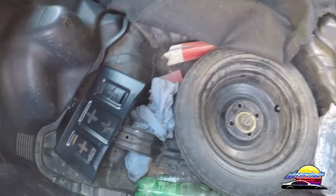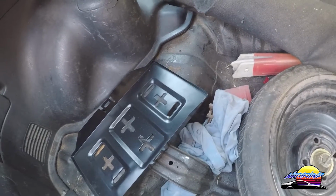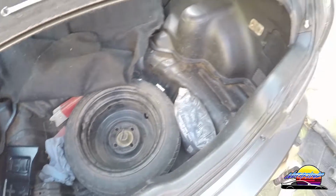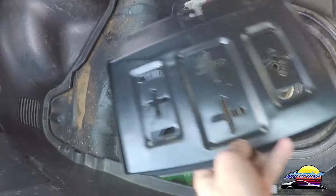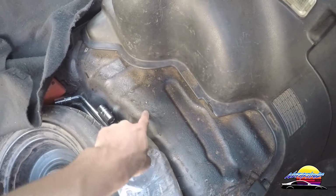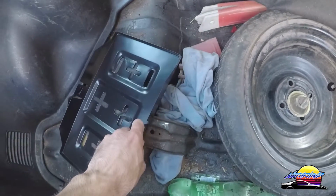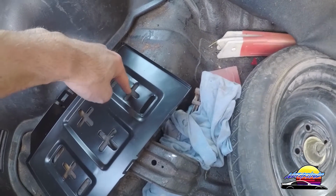The next thing that you have to do is find a place for the battery in the back. I've grabbed the battery tray and I'm trying to find a spot in the trunk where I can put it. As you can see, that's what the trunk looks like. Now the only place I can see that I can realistically fit it, I mean maybe I could put it there, but the problem is that the frame rail runs here and I don't have access to the underneath for the bolts. So the only place I can really see is here, where I'll be able to drill and bolt